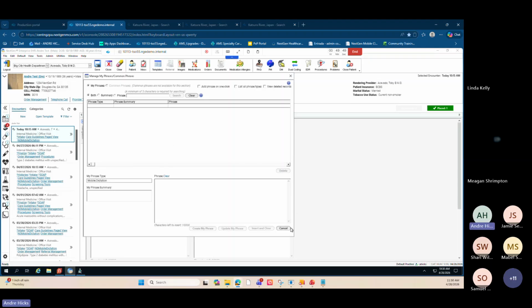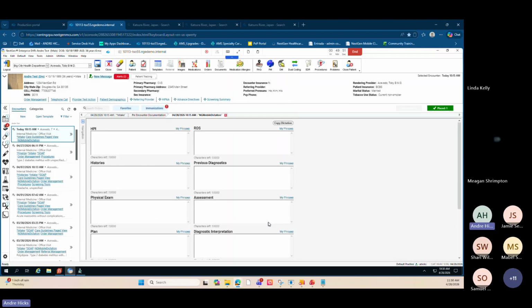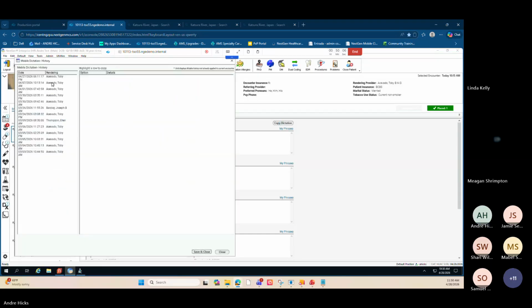I'm going to go ahead and close this out. Now, the Copy Dictation button here has also been added to the template. It's going to open the mobile dictation history template where you can copy the mobile dictation from previous encounters to the current one. So if I open this Copy Dictation here and I click this,